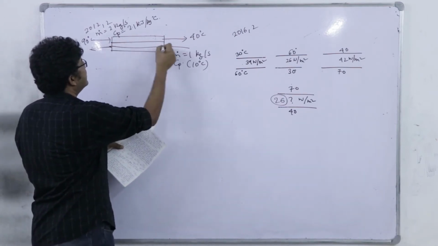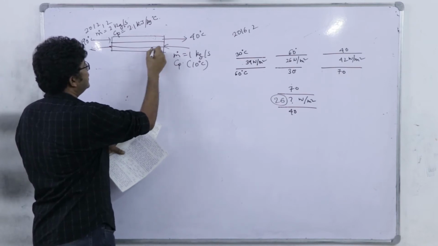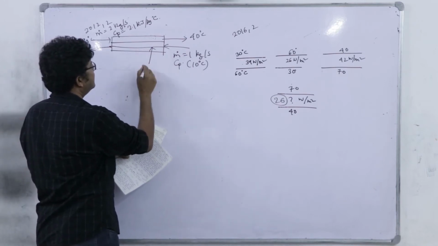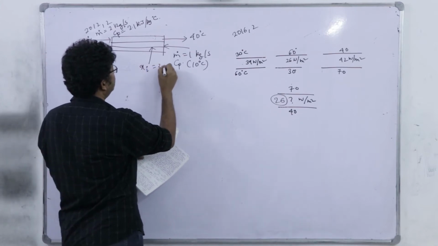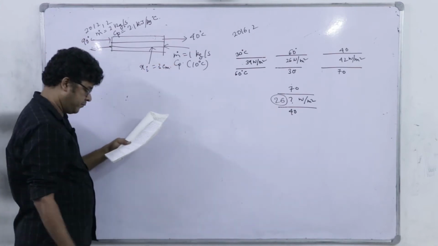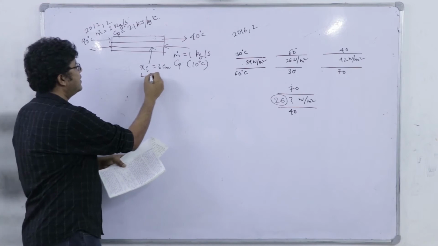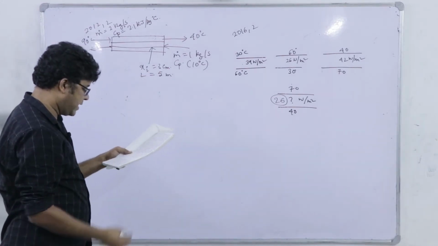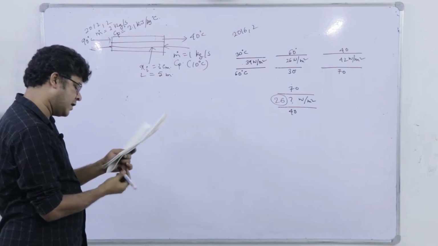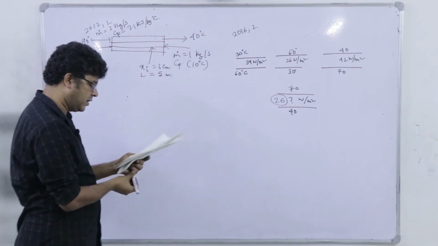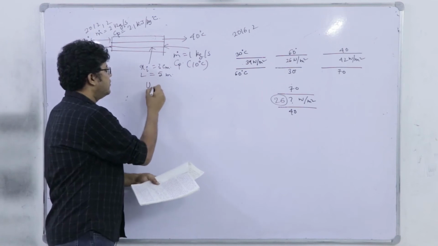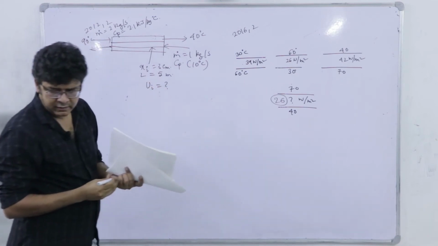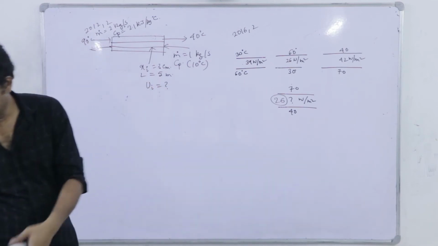So here we have some inner tube. This radius Ri is 3 centimeter and its length L is 5 meter. Neglecting the wall resistance, the overall heat transfer coefficient based on inner radius, so we have to solve for Ui. So what is to be done?